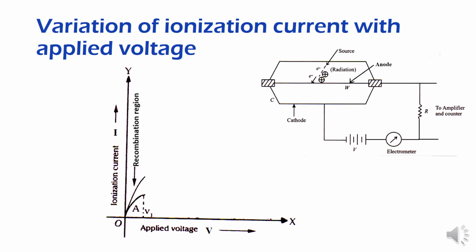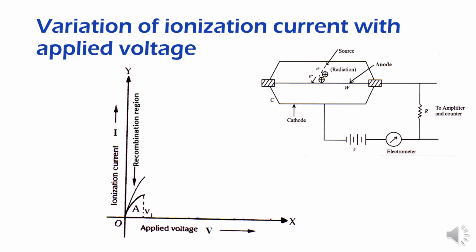Therefore, look at the graph. When the applied voltage is 0, current is also 0, and when the voltage is increased from 0, the current is also increasing. This shows that the recombination of the ion pairs gradually decreases, and hence the current automatically increases gradually, and you are going to get two curves. One is for the first detector and another one is for the second detector.